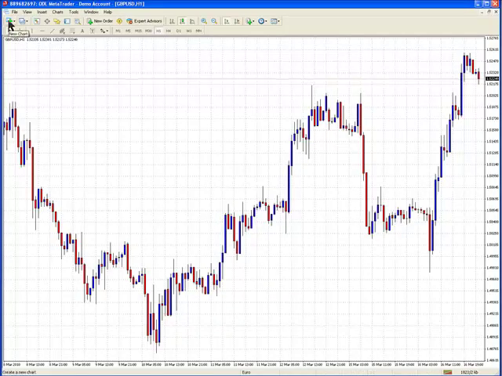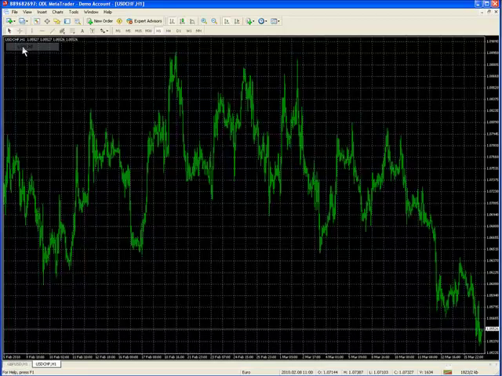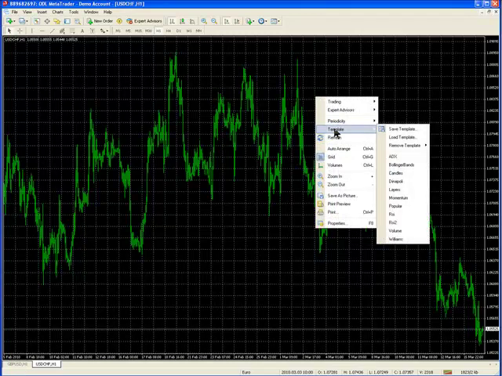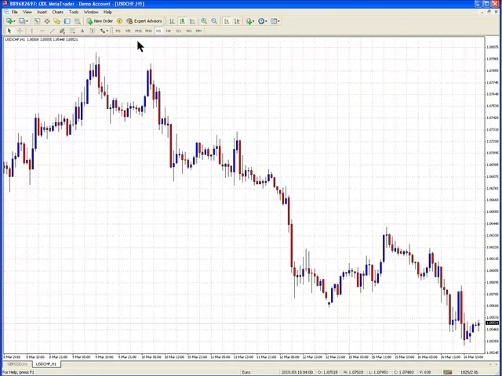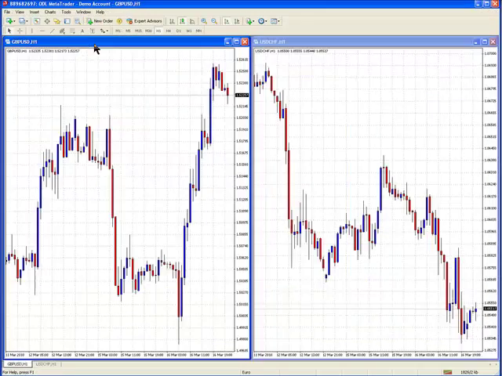So we go load a file. There's the franc. It comes in really ugly. We load the template and we load candles, and there we have our franc chart set up as candles. Then we go to window, tile vertically, and what that does is it puts the two charts that we've just created